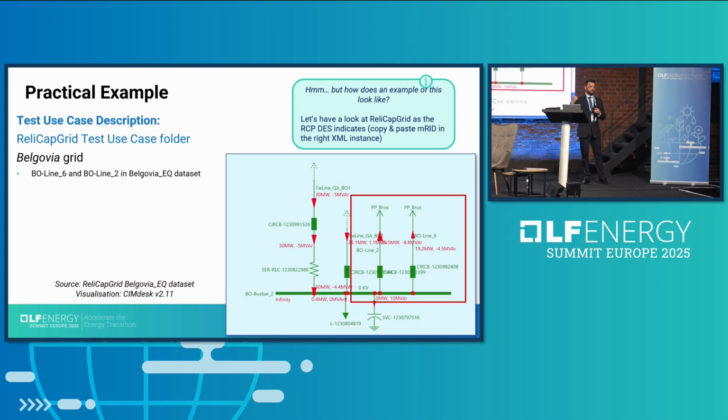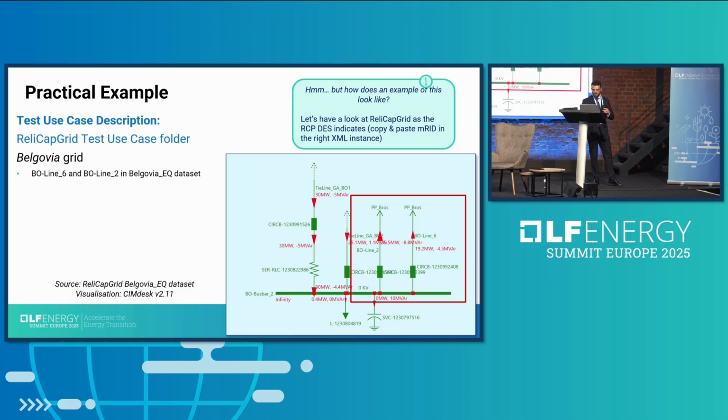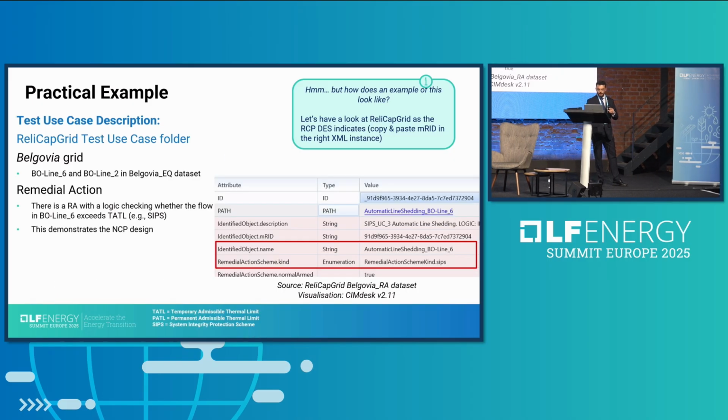This is why you have the example. This actually reflects a real grid. It is synthetic, but it reflects something tangible. We're going to use these two lines, and you have it here. Here I'm using a software for visualization instead of exploring the XML itself, because it's ugly.